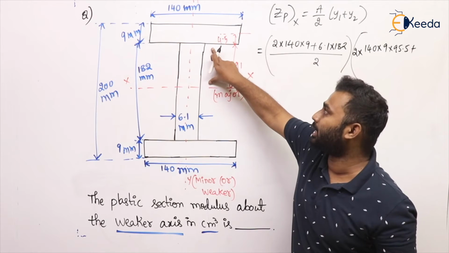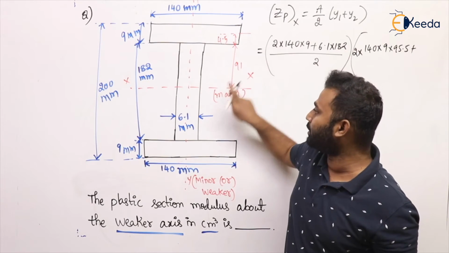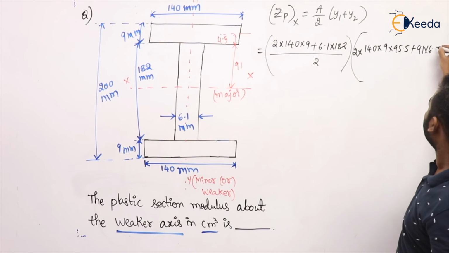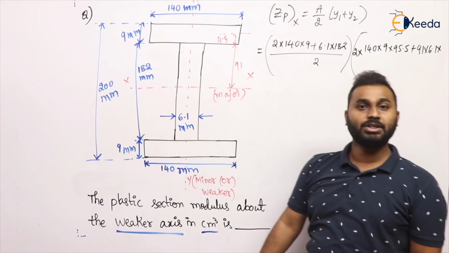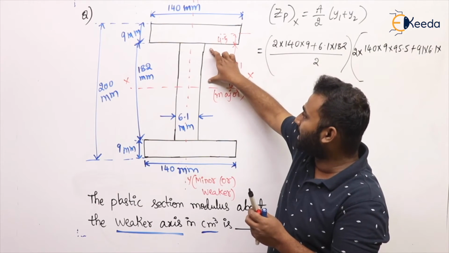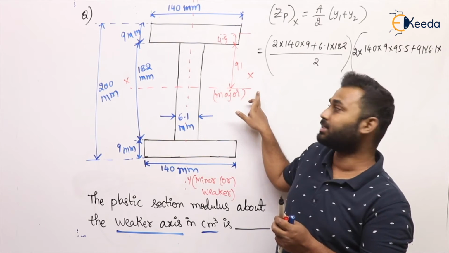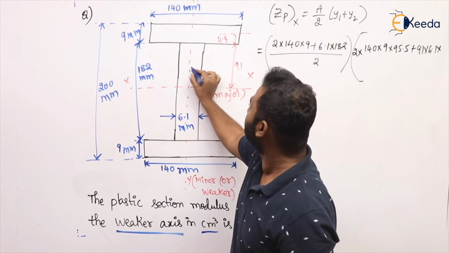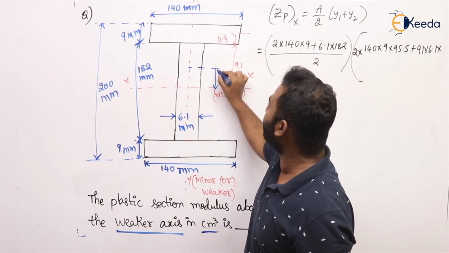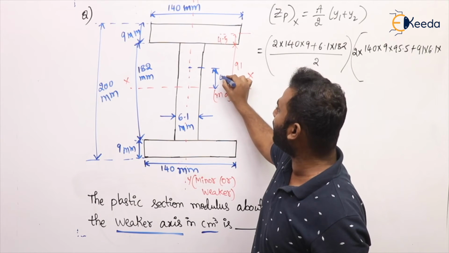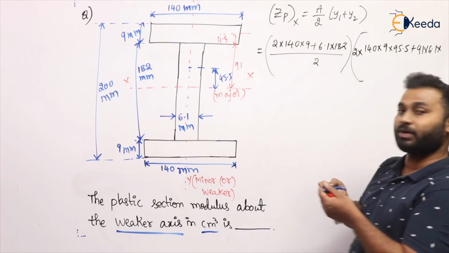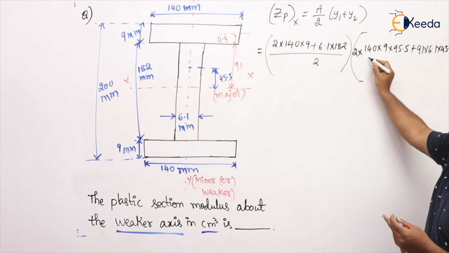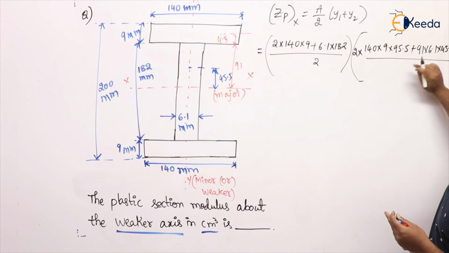So what is the area of this vertical rectangle? Half of 82, that is 91. 91 into thickness 6.1. 6.1 into CG. So CG of this half of the vertical rectangle from XX. Where does the CG lie? It means half of 91. So half of 91 is nothing but 45.5, right? 45.5 mm. So that is what here I will write, 45.5 divided by